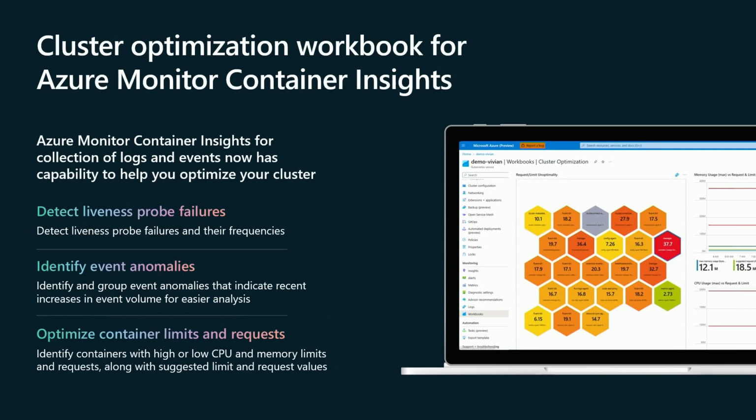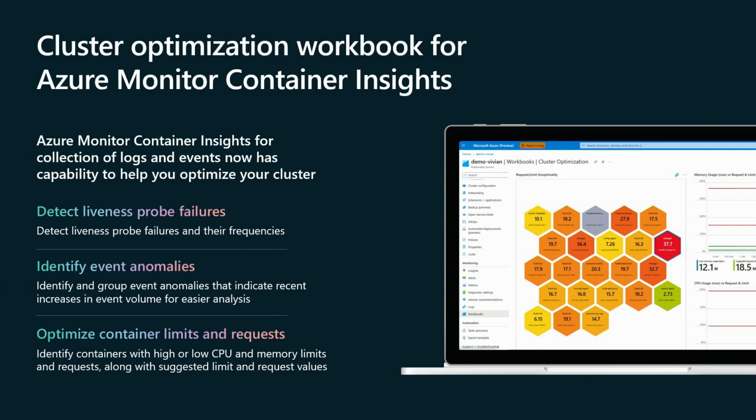OK, so now I see my cost, but how do I see where I can optimize? So you have in Azure Monitor a cluster optimization workbook that you can leverage. I find it very, very useful, because it gives you kind of this heat map of where you're optimized and where you're not. So of course, red there means unoptimized. Maybe that pod has huge requests, but the usage is tiny. Or maybe the opposite is happening, and it's going past its requests, and it's always hitting close to the limits. So you'll see that there in red, and you'll see it in green when things are pretty good. The requests and the usage are very on par, and the limits are barely different in those cases.